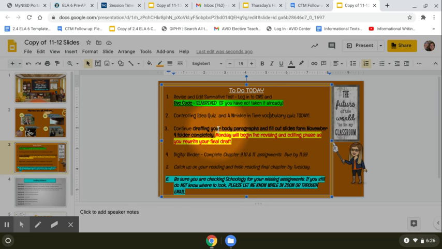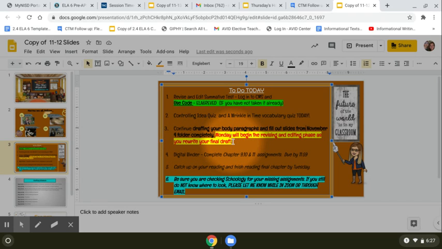Also today, Friday, we continue drafting your body paragraphs. Want to also remind you, be sure you fill out those slides from the November 4th. November 4th is when I initially assigned you individually your assignment from your choice board, whether it was an infographic or an interview or a review. You want to make sure you go back to your November 4th folder and completely fill out those slides. Monday, for sure, you'll see that drop down into Monday's folder as we continue to work on that, because Monday we do begin the revising and editing phase as you rewrite your final draft.